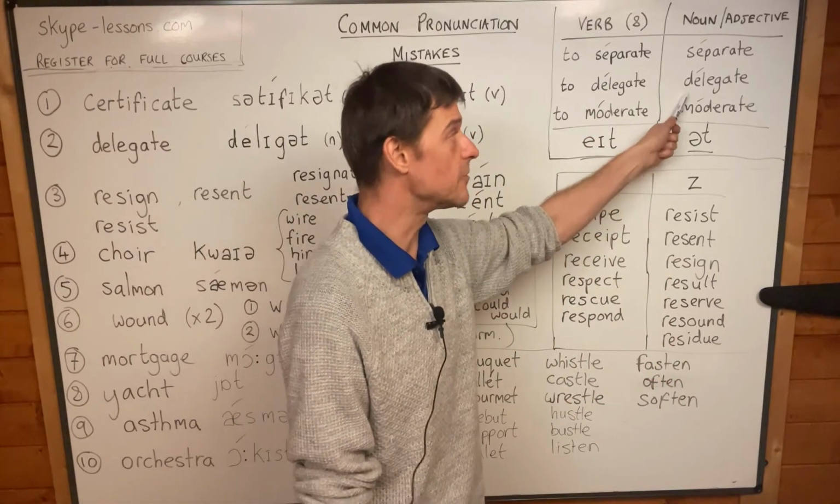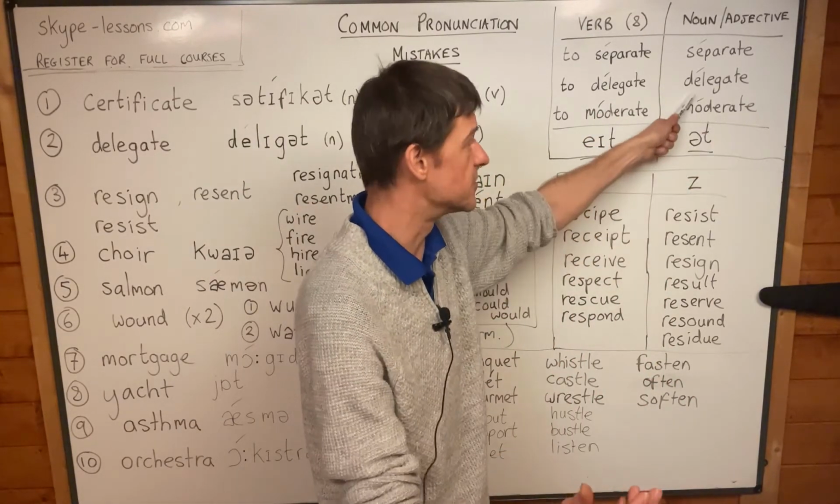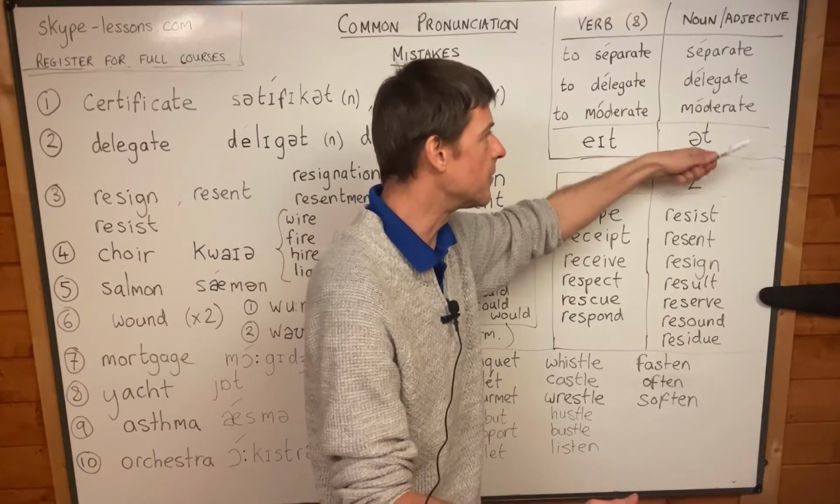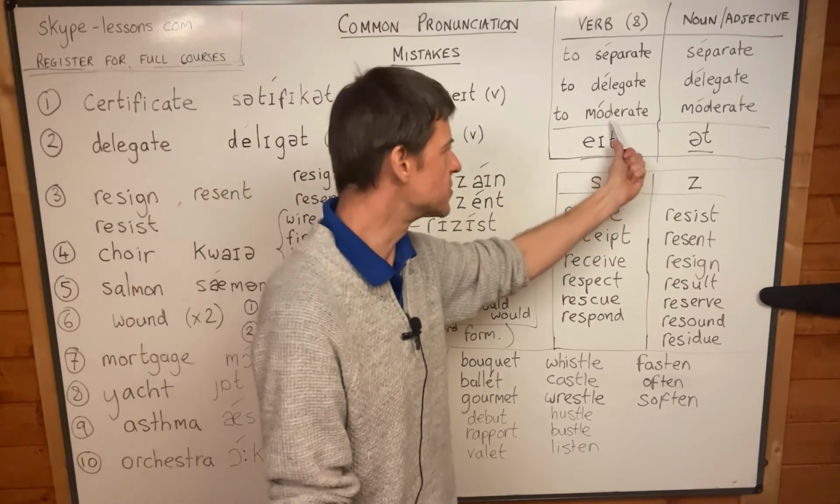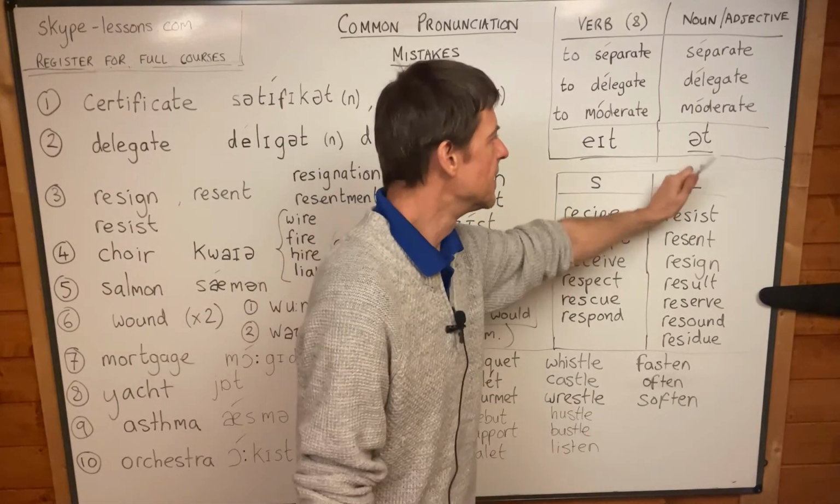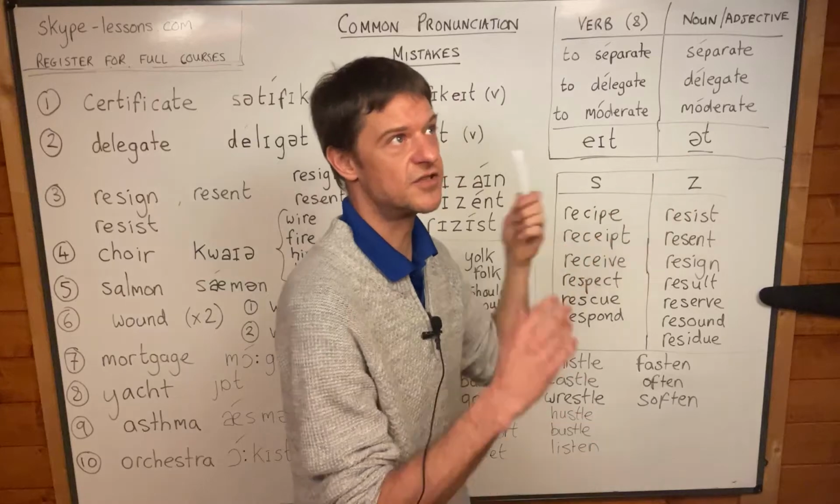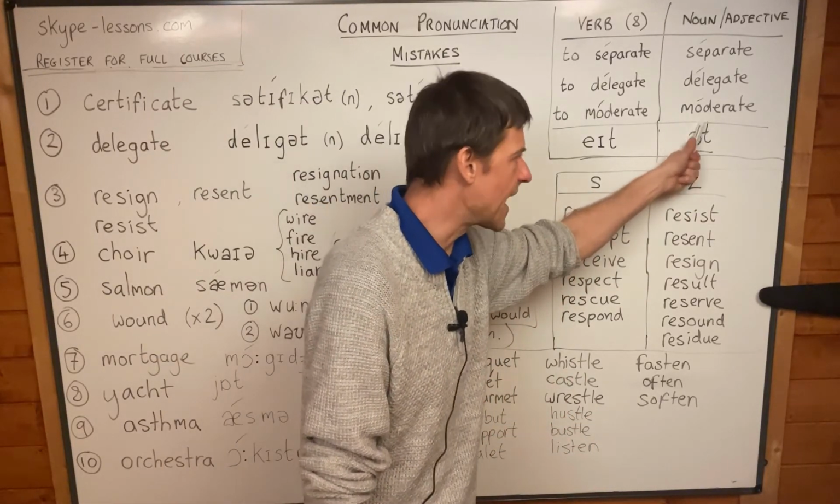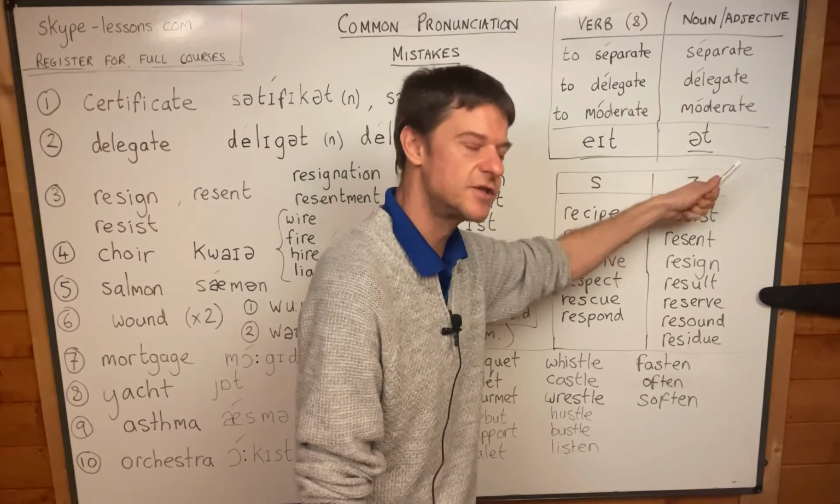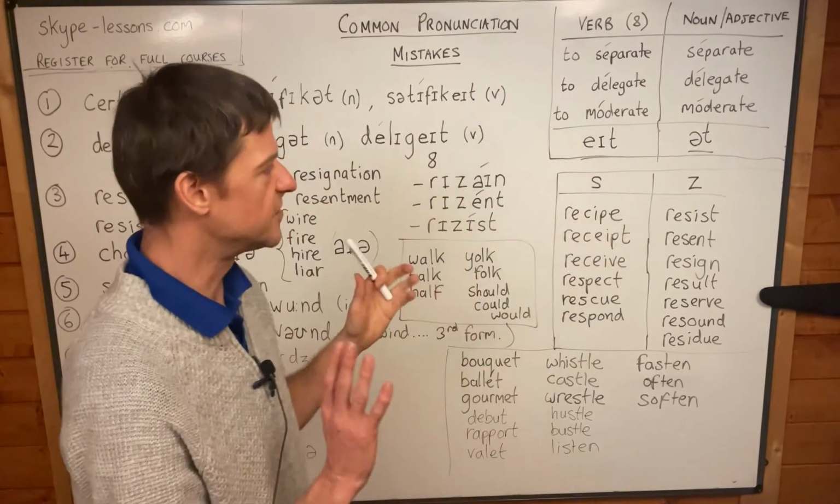But if you are talking about your delegates at a conference, for example, that's a noun that ends in the sound ut. Same here, guys. To moderate is a verb, but moderate, such as a moderate politician or something like that, that's an adjective and that ends ut, not ate. Okay, so this is a nice